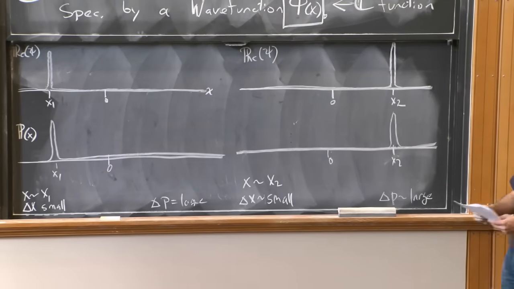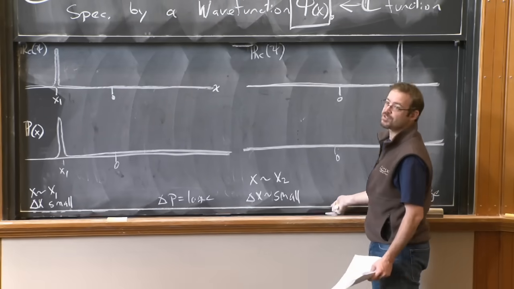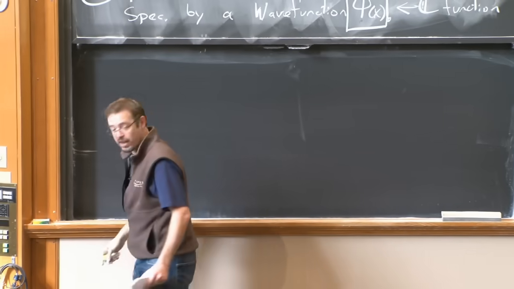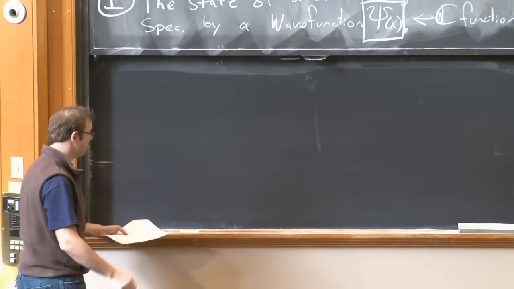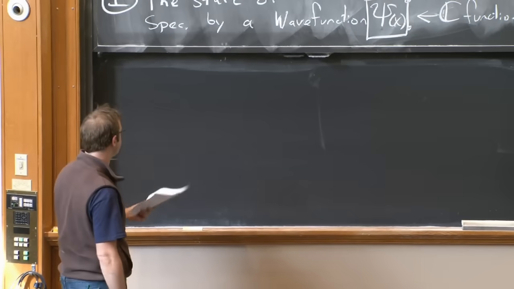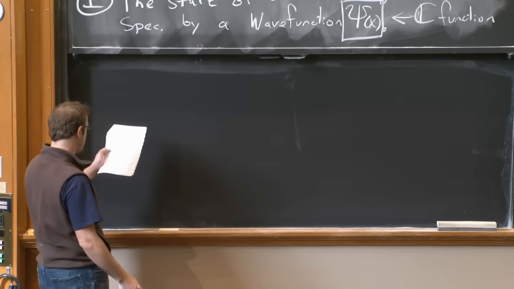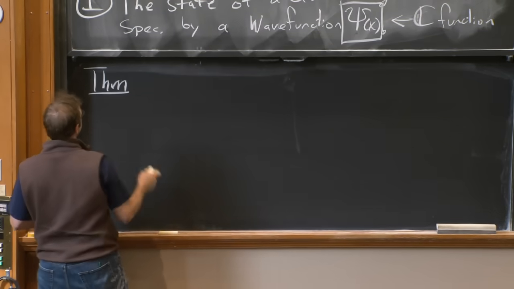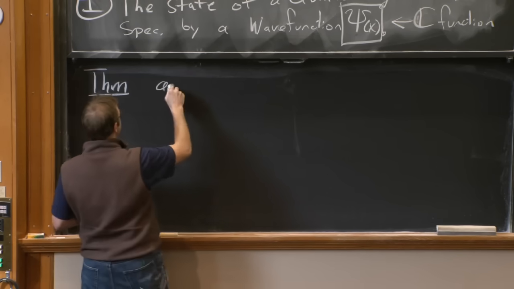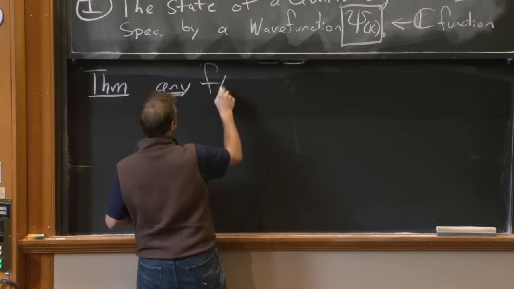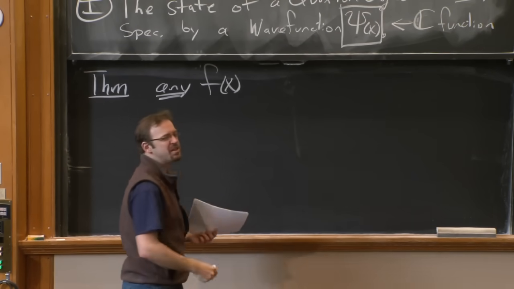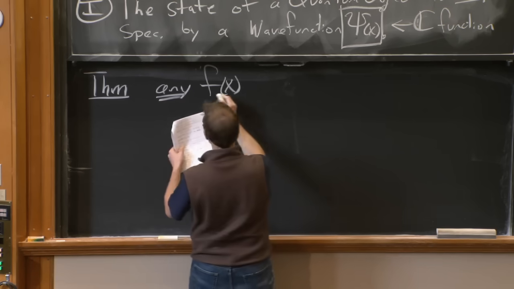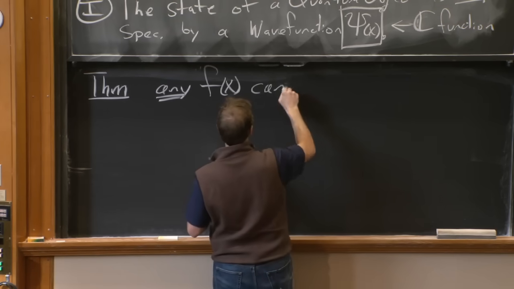OK? So to do better than this, we need to introduce the Fourier transform. And I want to do that now. So you should all have seen Fourier series in 803. Now we're going to do the Fourier transform. And I'm going to introduce this to you in 804 conventions in the following way. And the theorem says the following. We're not going to prove it by any stretch of the imagination. But the theorem says any function f of x that is sufficiently well behaved, it shouldn't be discontinuous, it shouldn't be singular, any reasonably well behaved non-stupid function f of x can be built